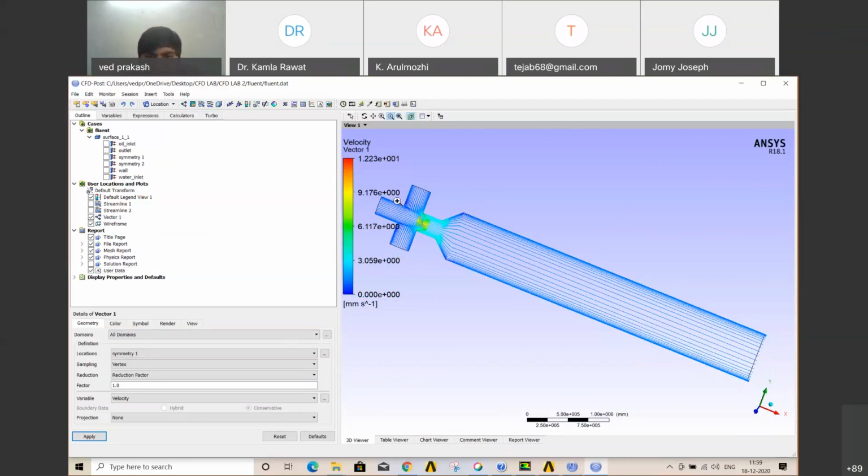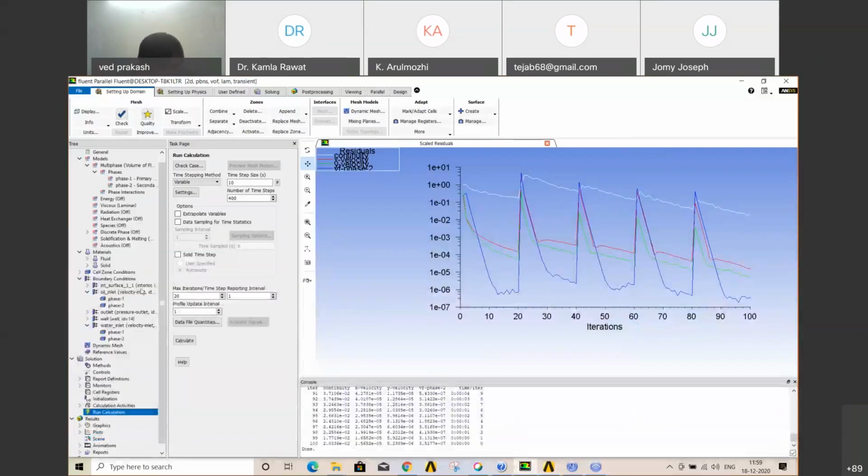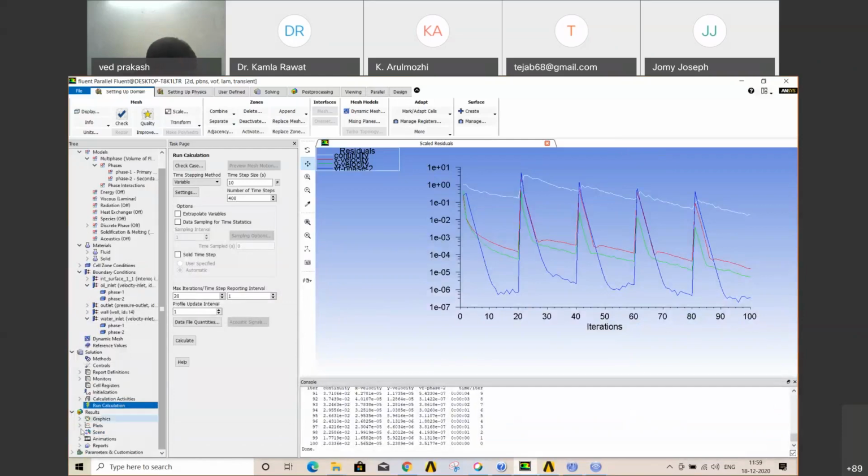Now you can create your own lab-on-chip type devices. Give your micro channels. The meshing methodology will be the same. You can do meshing, and boundary conditions you have to give as per your requirement. Those things will vary. After that you can come for post processing here, or you can do post processing here also. There are many options like plotting and graphs, and you can also create your animation here.